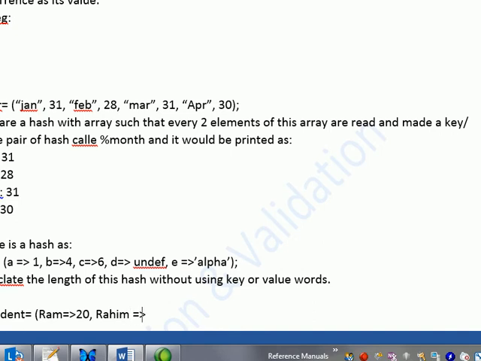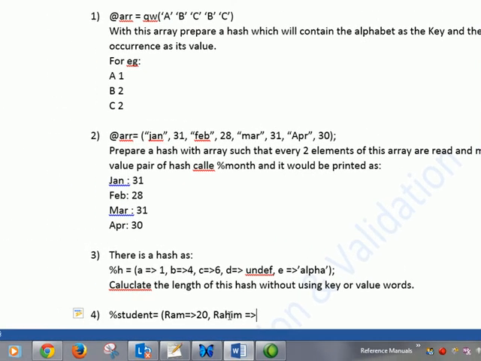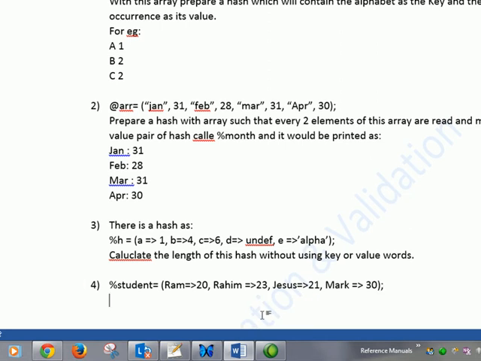Remember, if you use a fat comma, you don't have to quote it because the left hand side will always be evaluated as a string. Rahim 23, Jesus 21, Mark 20.